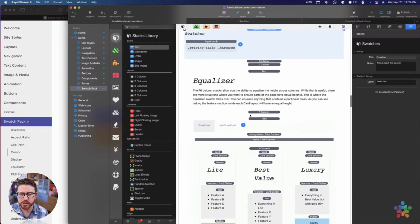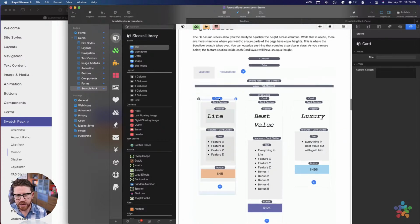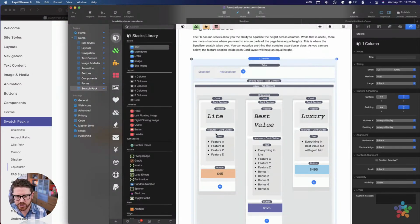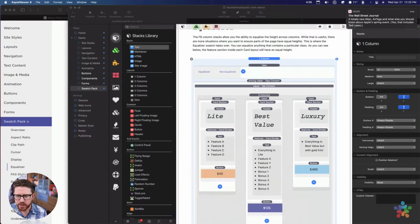Okay, equalizer. This is super easy to use. Okay, so let's look at this. Here I have a card layout. Okay, now let's go down to demo. And remember, in this card layout, there's 3 sections inside of a card. We have a title, we have a feature list, and then we have buttons. Now, some of you might think, oh, I want to add the...